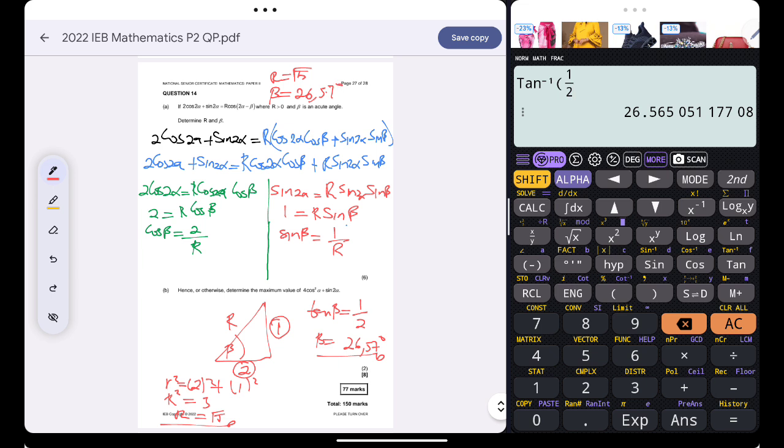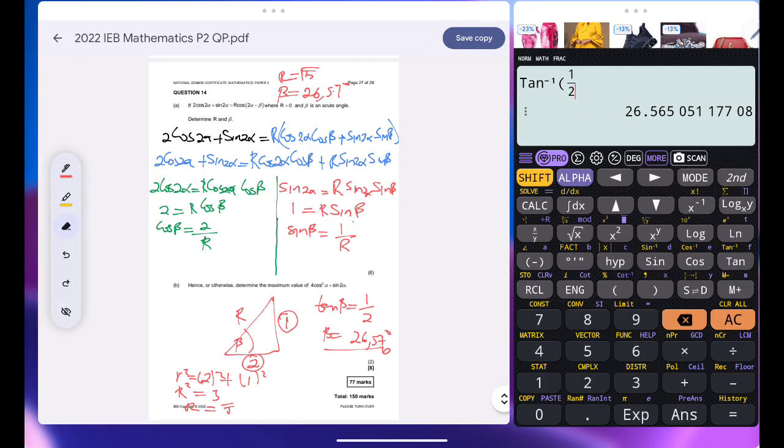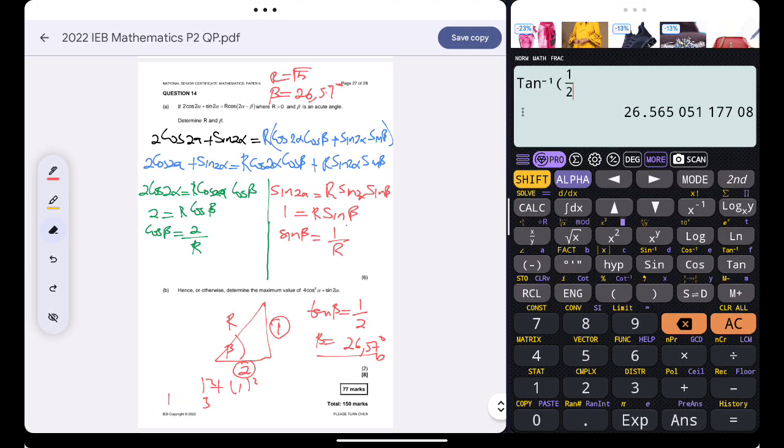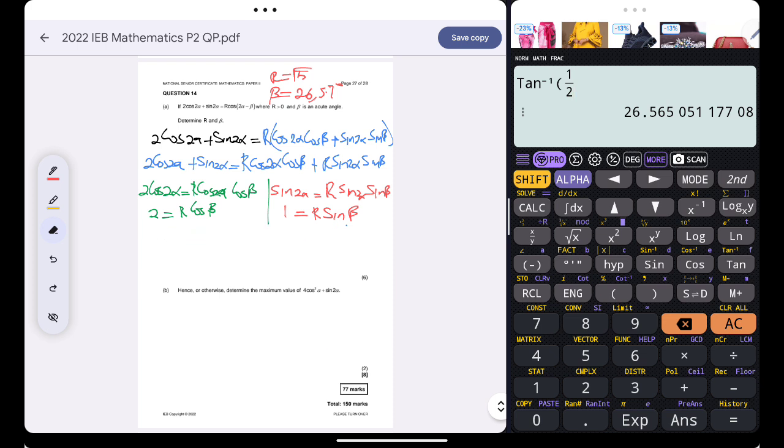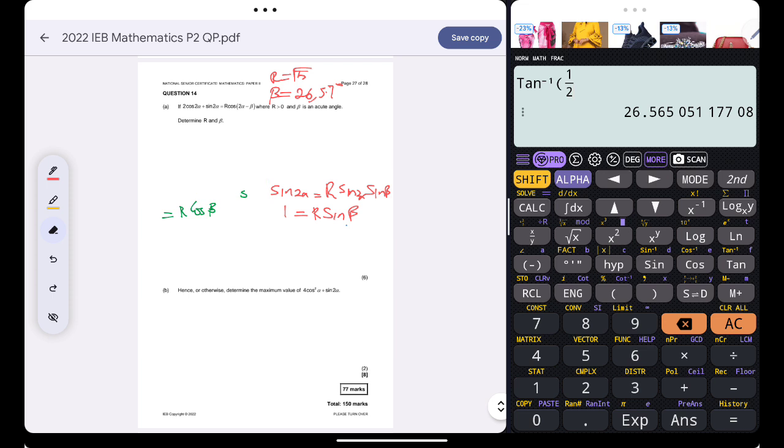Yeah, so I did find the values of r and beta. So now I can simply conclude that